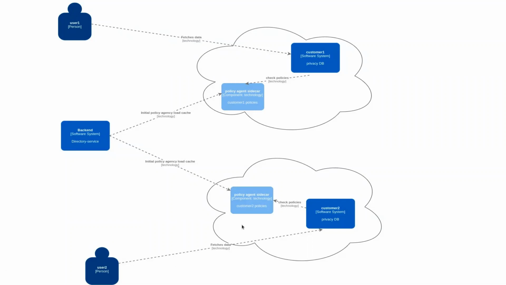We also have a queue listener for both of these caches. Let's say somebody updates a policy here, it will also give a signal to the policy agent. So we have a Kafka queue listener here. The moment you get any update happening to this one, it will update its own cache here. So this is one of the use cases that we have in one of our projects.